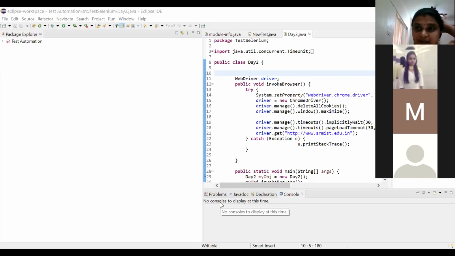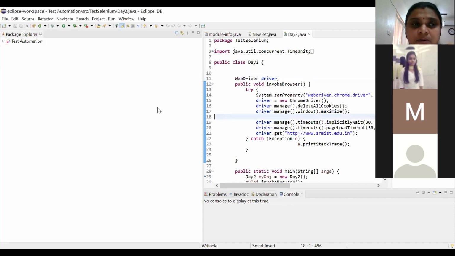Yes, I think now it's through. I had too many applications open. I couldn't catch this. Are you able to see this now? Are you seeing that Eclipse screen now? Can you please confirm?